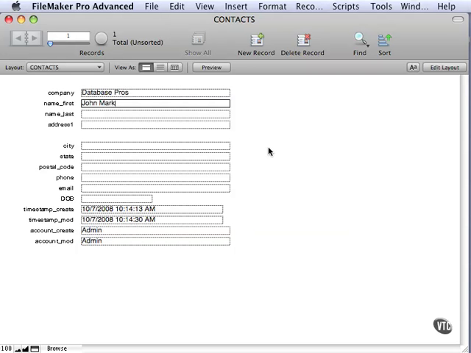Now if you don't want to touch the mouse and you're a keyboard person, all you have to do is hit the tab key, and that will go to the next field in the tab order, and we'll cover how to change your tab order later on as well. And then we just start typing. We'll hit the tab key again,